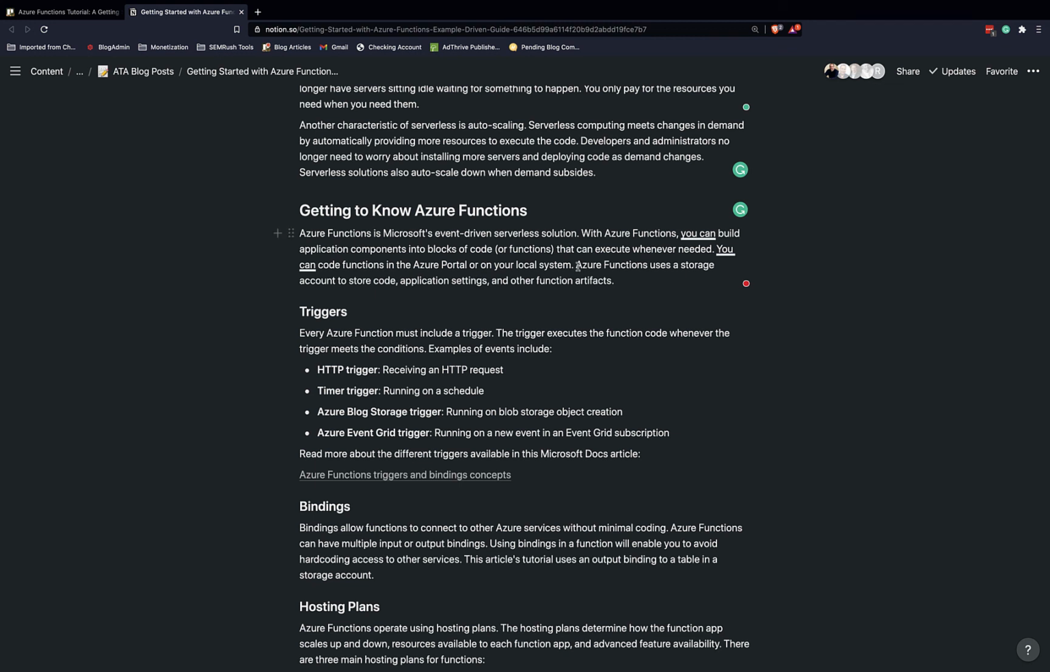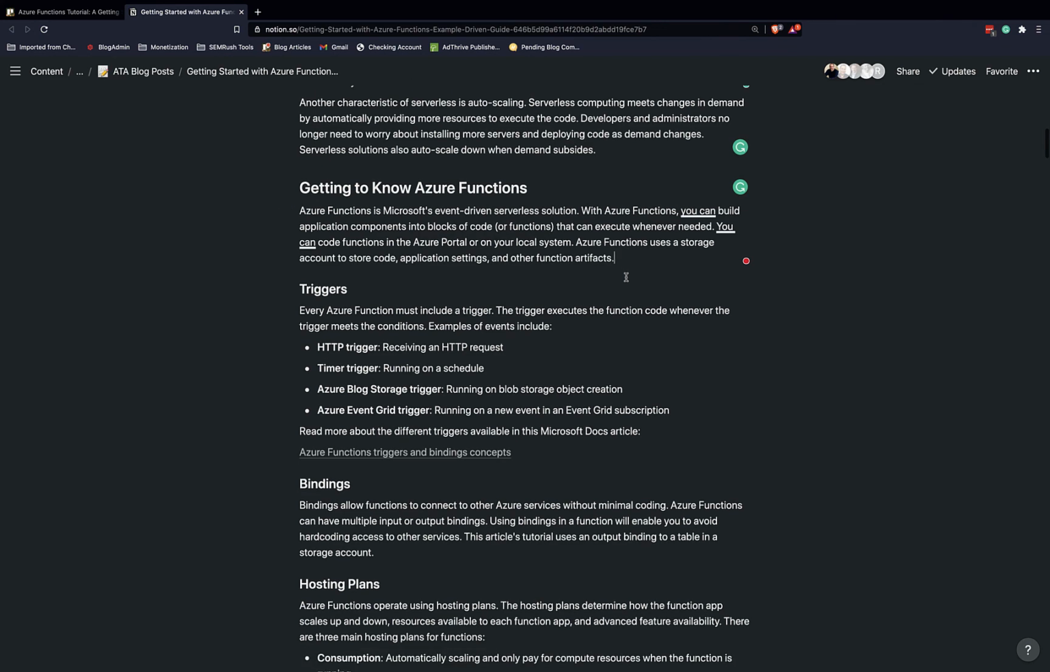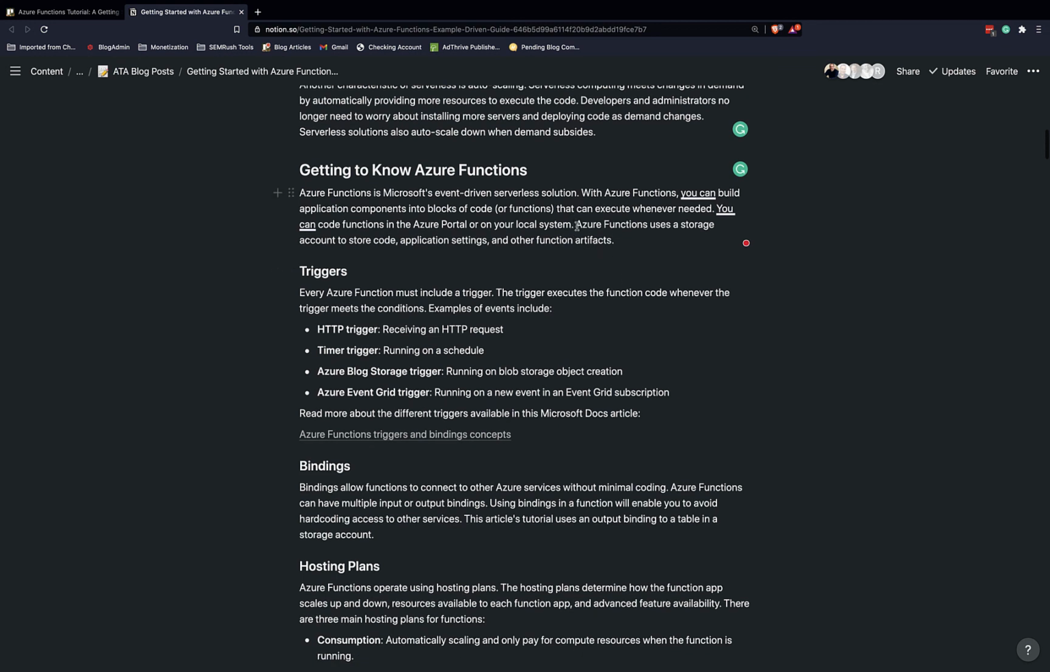That made me think of this thing because he's here and then he says Azure Functions uses a storage account to store code and other function artifacts. First question: what storage account? What are application settings? What are function artifacts? I immediately think of all these other questions in my head. He doesn't necessarily have to elaborate on that. He can just remove this sentence completely. But